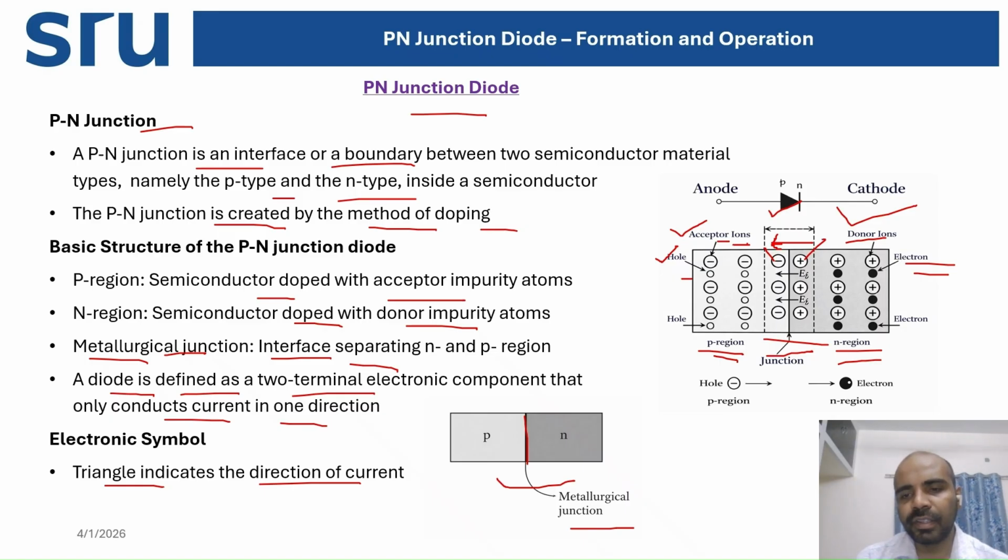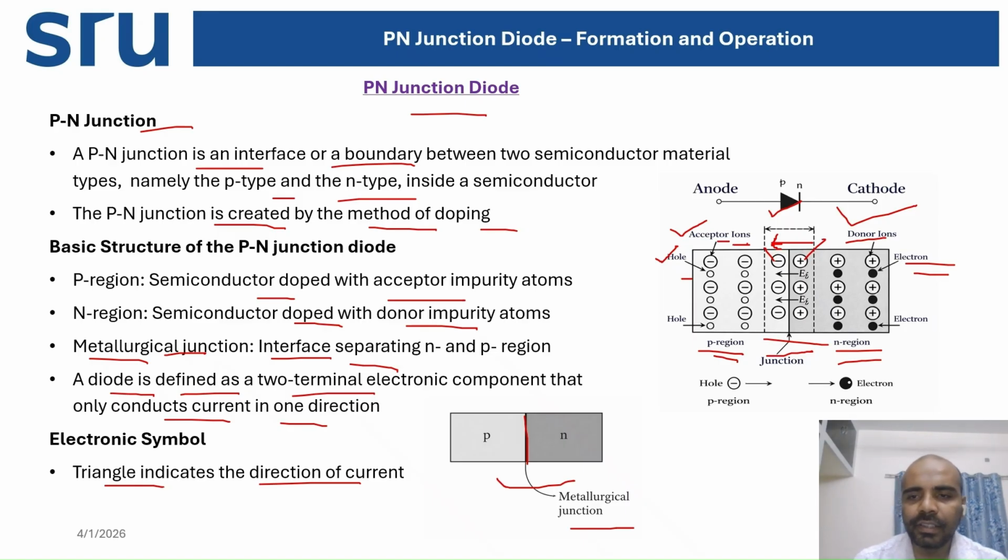So holes try to move from high concentration to low concentration, that is from P region to N region, whereas electrons try to move from N region to P region because the concentration of electrons is high at the N region. So at the metallurgical junction, the electrons and holes are recombined